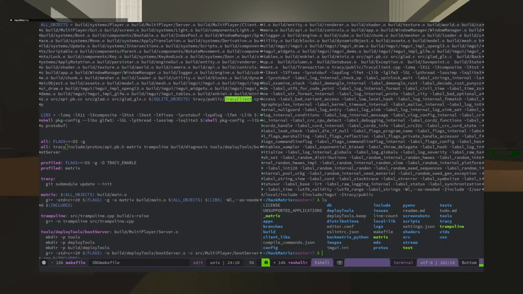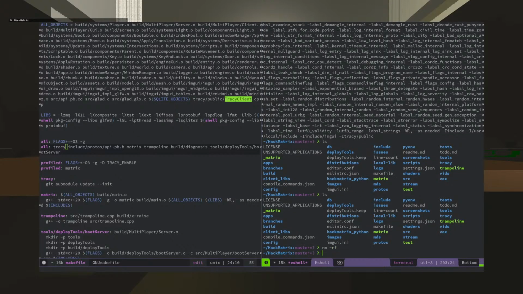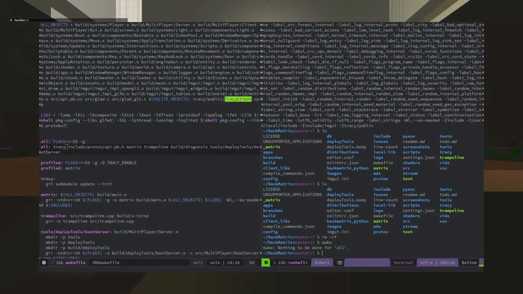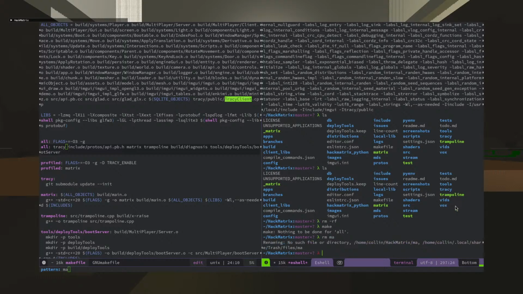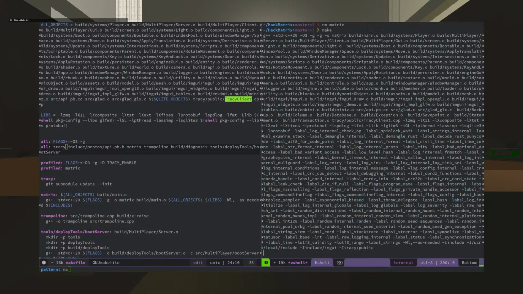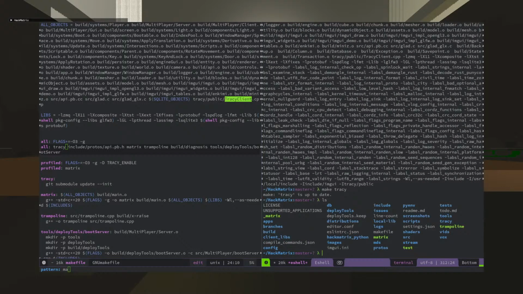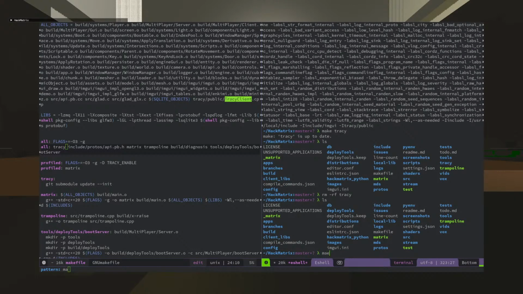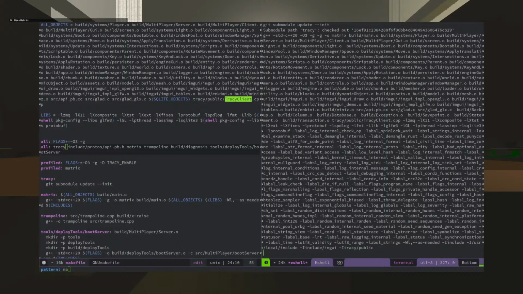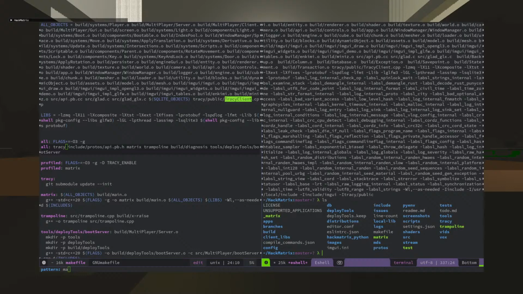I wonder if that actually works. That might put me in a bad state. Make rm matrix make. So I think that's going to complain. I need to make Tracy. Tracy's up to date. rm rf Tracy. ls make. Okay, so it does do a git submodule init, and it doesn't complain, and it automatically puts that into place. Okay, cool.